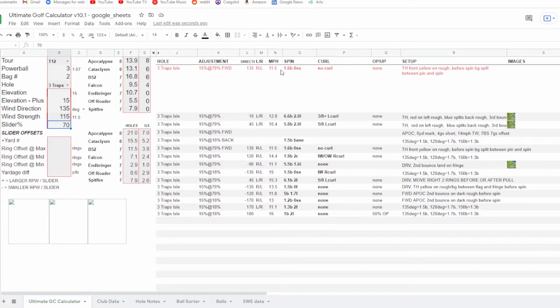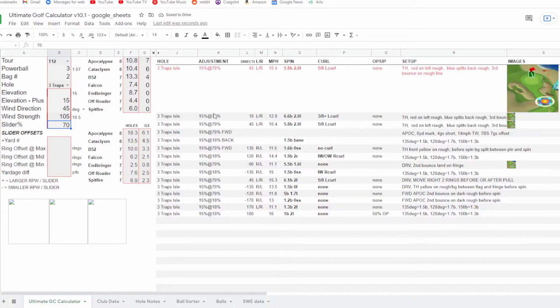So why it does that is because you don't know what you're facing on every hole. So before you take your shot, once you see the hole, you're gonna populate the hole, and you're gonna make your initial adjustments in your slider. You put the wind in, and so as you put things in,